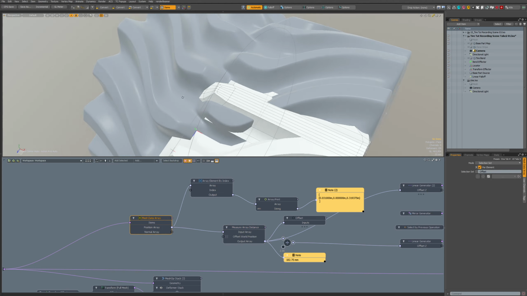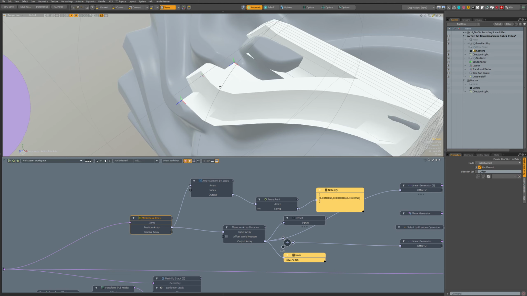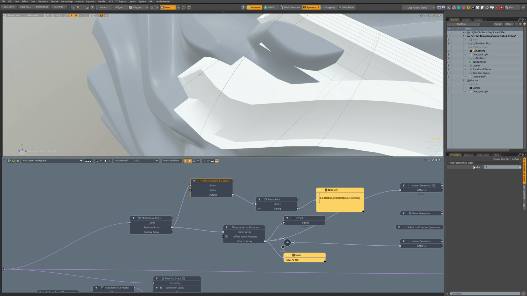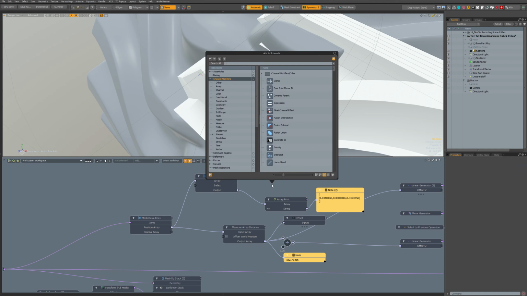We have two positions here, and this takes one of those positions, array element by index from that position array, and out, and then we have the position, and with that we can use vector 3 something.